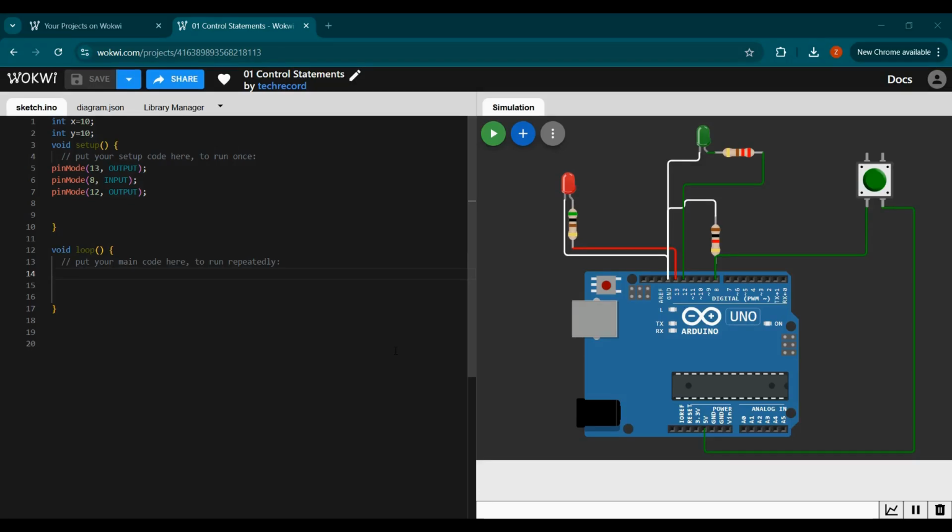Now, dear students, we will learn how we can check multiple conditions by using if-else statements. Let's say we have condition number 1 that should be true, and then certain statements of the code should execute for condition number 1. If condition number 2 is true, then there should be another set of statements that should execute, and if both the conditions are not true, then there should be some statement that should run by